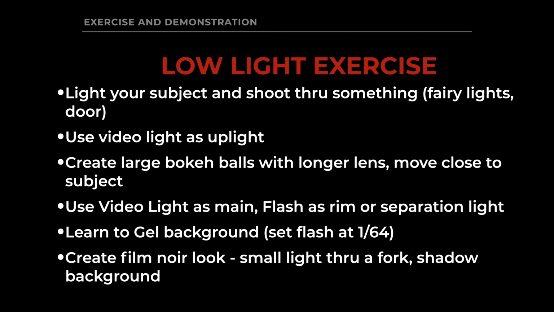And then in the background, create a shadowy background. So take your flash or your video light or second video light, and fire it through something to create a shadow. I don't know what you've got to find, but there are a lot of things in your environment that you can use to create a shadow on your background. And you can even gel it too if you want to. You can get creative. Once you master getting the right light on your subject, you can do all these things in the background with light and create these different effects, right?